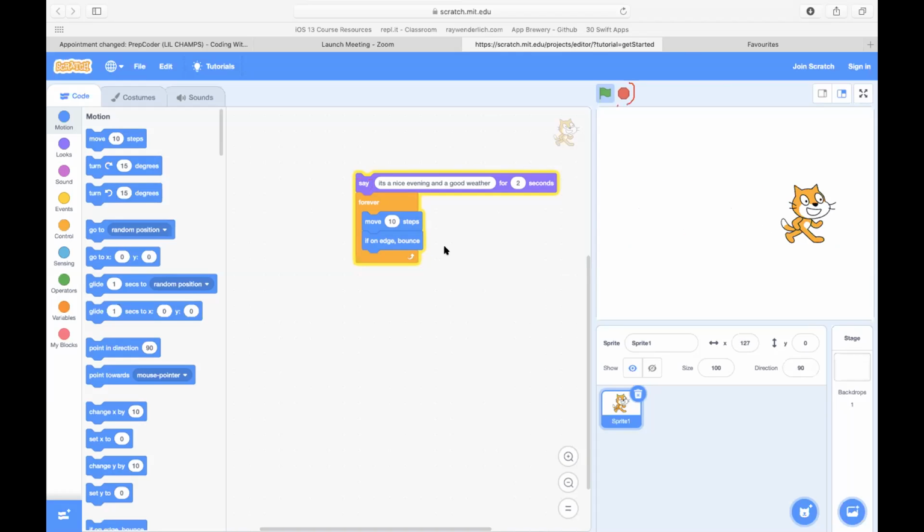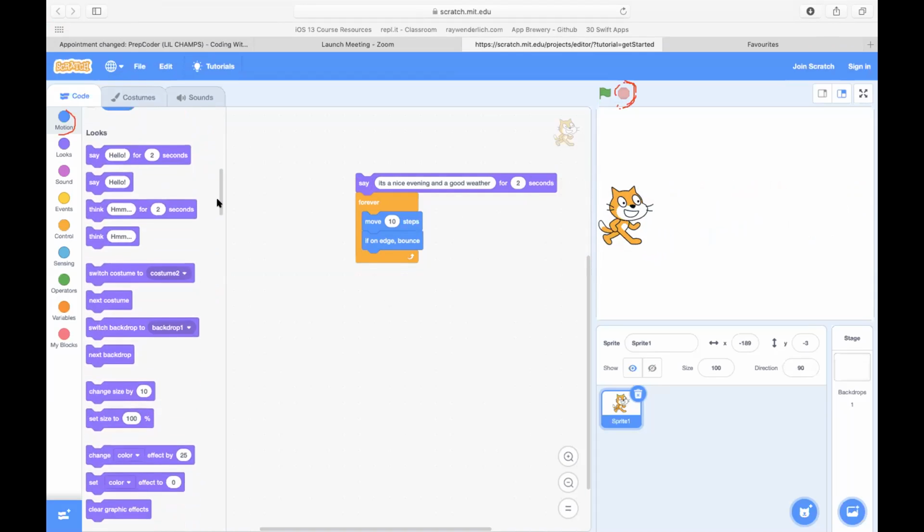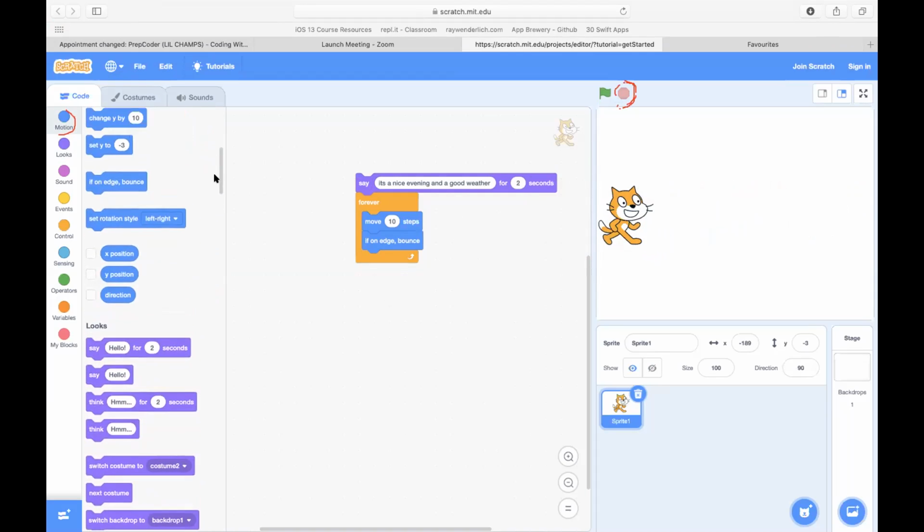Sir, I think this is because of if on edge, bounce. Yes, so if you can stop your code, let's click on this red button, stop your code. Then in the motion block, Naman, please scroll down, keep on scrolling down. Wait, scroll up. Just wait there.